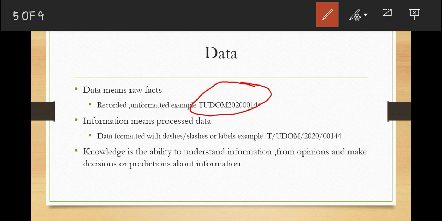However, if we present the same thing this way, we say that we have T/UDOM/2020/00144.